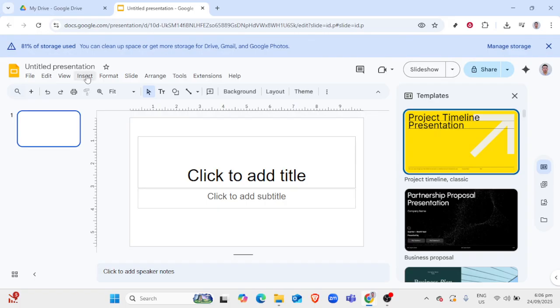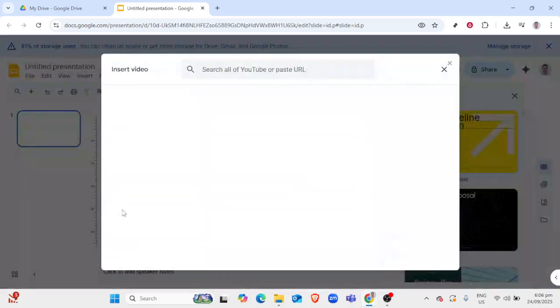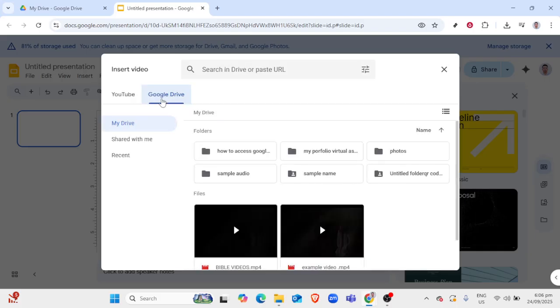Now, since we're focusing on embedding a video from Google Drive, make sure to select the Google Drive tab located within this window. From here, you'll see all your stored videos in Google Drive. Take your time to locate the right video or use the search bar at the top for a quicker search. Once you've found the video you wish to insert, click on it and then hit the Select button at the